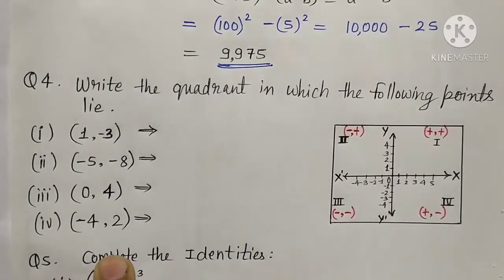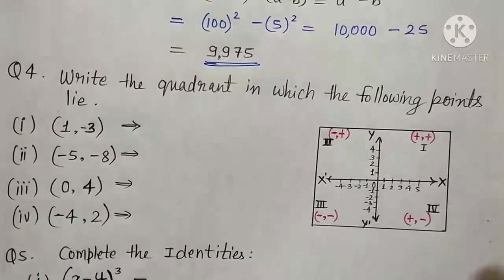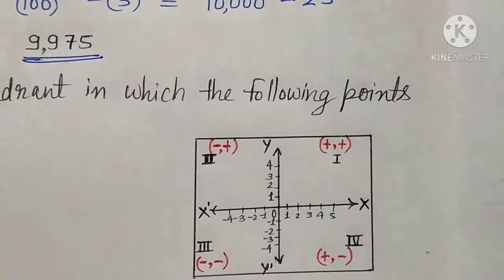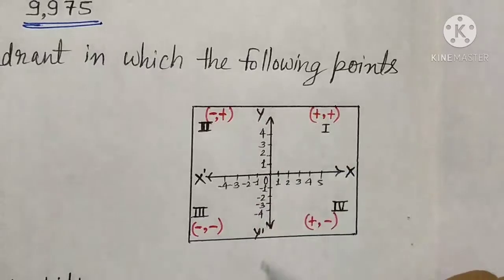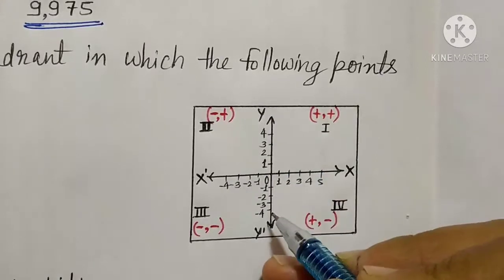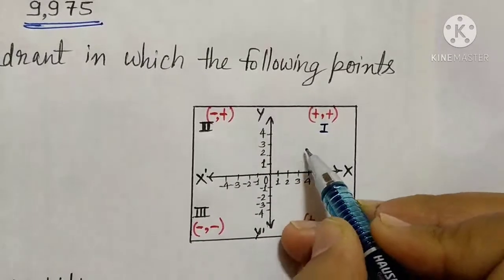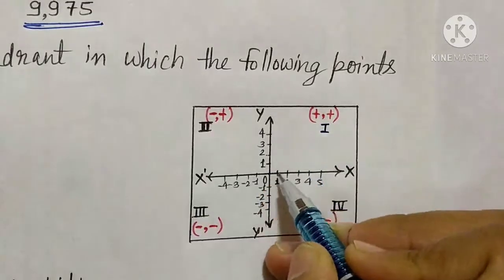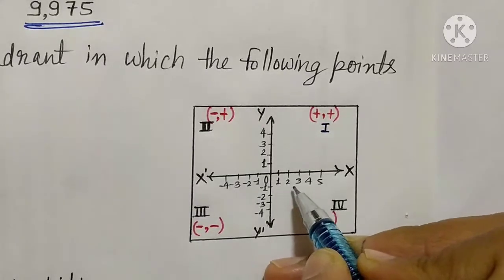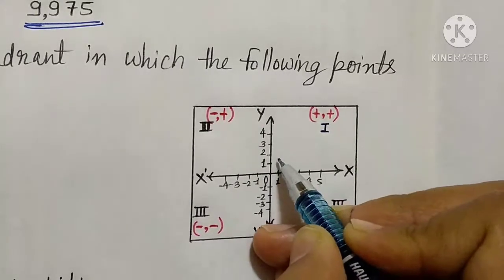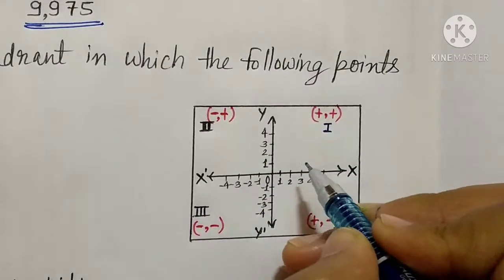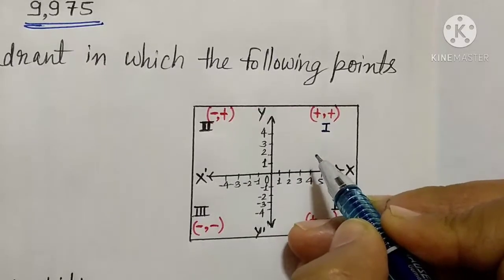Now I want to remind you about the Cartesian plane. This is our Cartesian plane. I hope it is clear and visible to you. It is a Cartesian plane which is made from the x-axis, horizontal line, and the y-axis, vertical line, in which the first quadrant is this one side. Here you can see the points coming on the x-axis are all positive, 1 2 3 4 5. The points coming on the y-axis, 1 2 3 4 5, are also positive. That's why only those points will lie here which are positive.